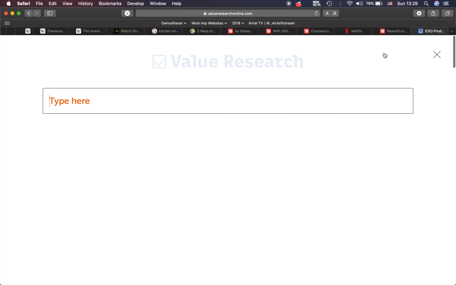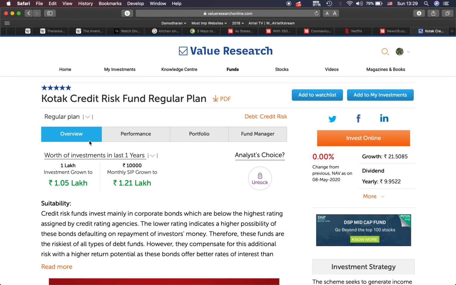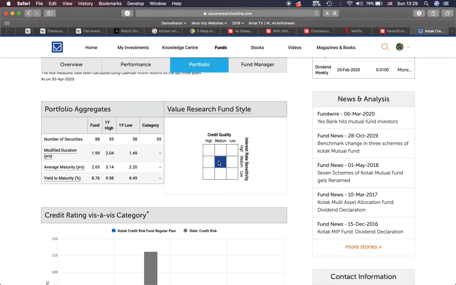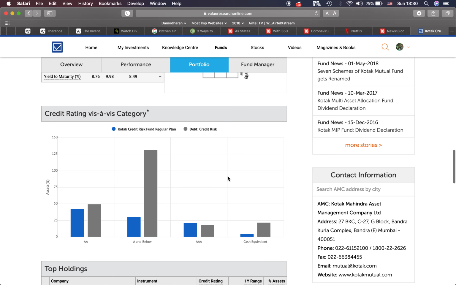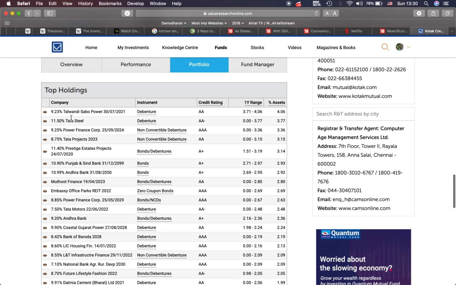Now let's check some bad fund. So this is Kotak Credit Risk. You can say credit quality is medium because this fund invests in bad quality papers, and interest rate sensitivity is also medium. Over here you can see this fund has a lot of double A and below, few triple A papers, and then you can see it has Talwandi Sabo Power.